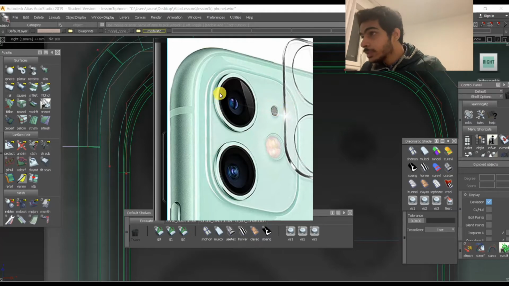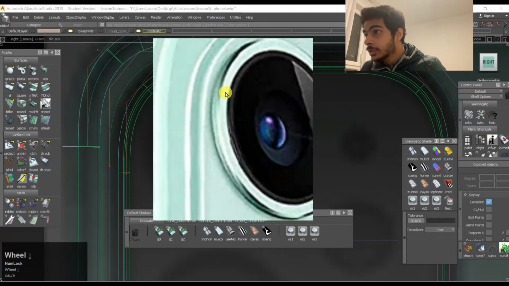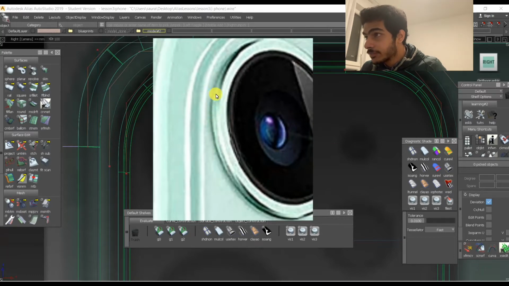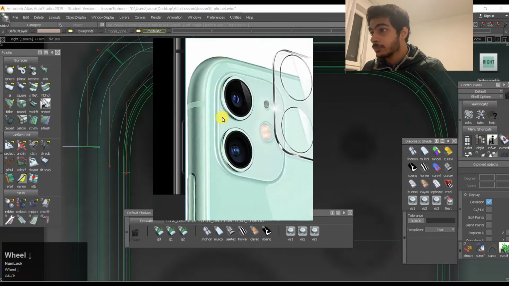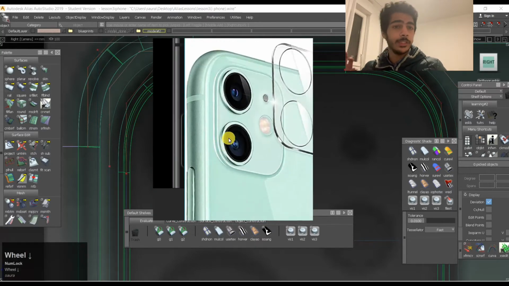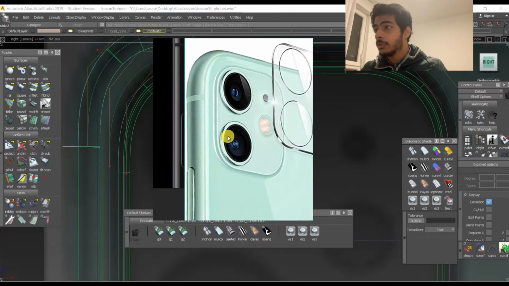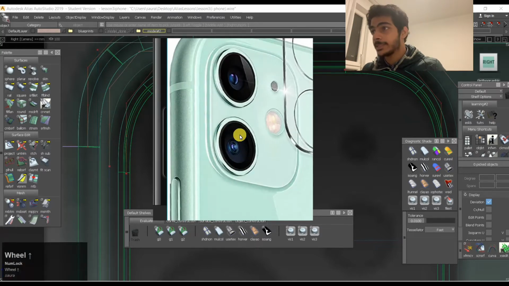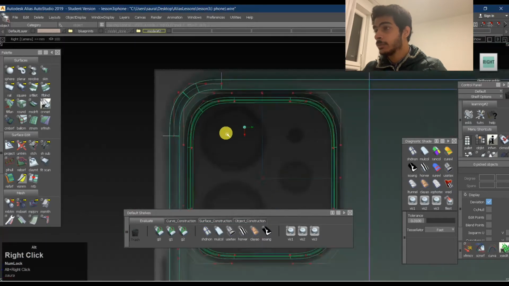But if you closely see over here, I think this is a completely different part in itself. So it doesn't look like it has a fillet or it has a joining inside. It is a completely different part in itself. So we need to keep all these minute details when we are modeling, because we need to be as precise as possible, right? So let's see how we can achieve that.